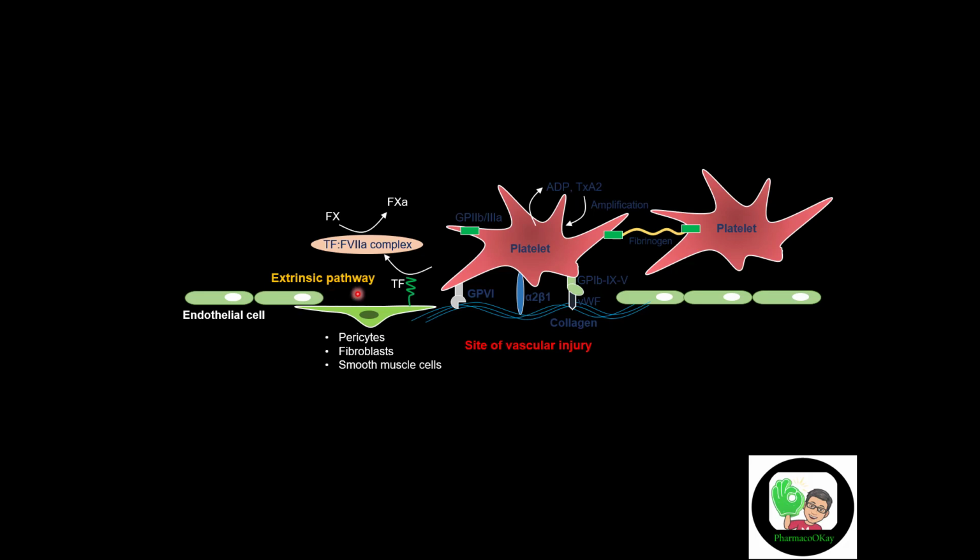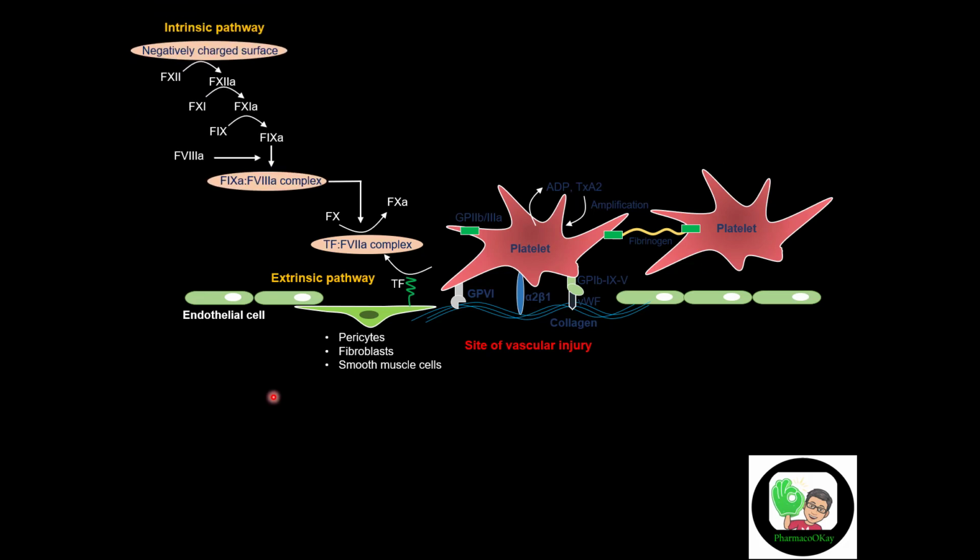But once the blood vessel gets damaged, the cells expressing tissue factor will be exposed, including pericytes, fibroblasts, and smooth muscle cells. Tissue factor could activate factor 7 to factor 7A and form a complex with tissue factor to convert factor 10 to factor 10A. This is the extrinsic pathway. For the intrinsic pathway of coagulation, it starts from a negatively charged surface, such as the